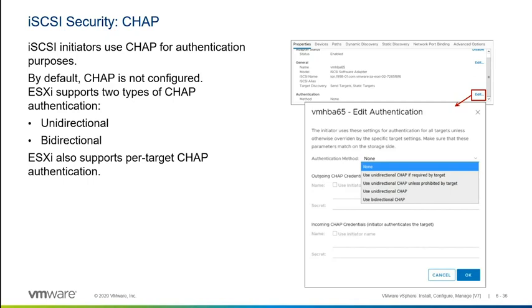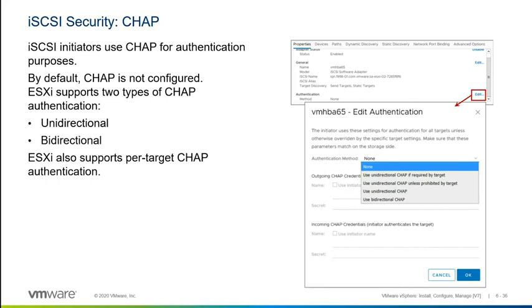We don't want that to happen. So we'd like to have physical separation between your iSCSI hosts, the storage array, and the rest of the network that you're working with, of course. But if you can't do that, one of the things that you can do is something called CHAP, or